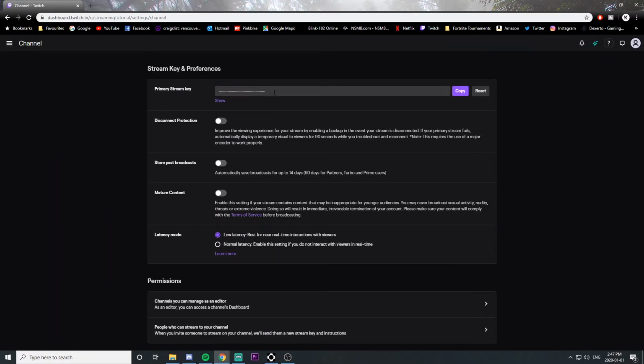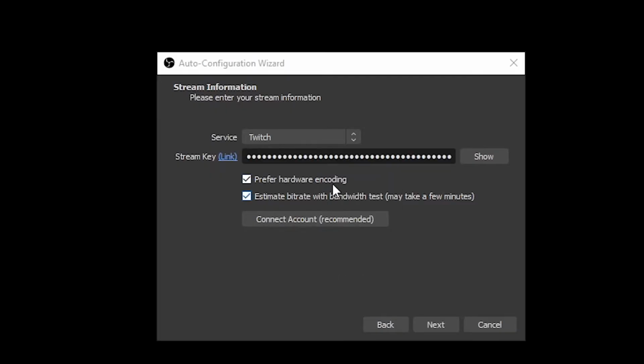This is what links your OBS to your Twitch. This is how it knows what account to broadcast to. Don't show this to people. This is how they can gain access to like your own stream. So just leave that on like that, hit copy, copied, go back here to OBS, paste, and then this prefer